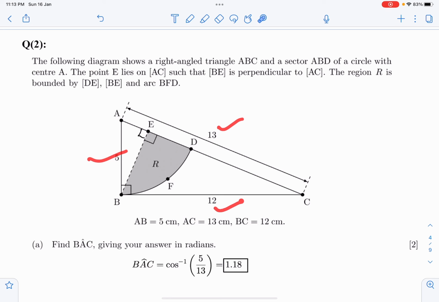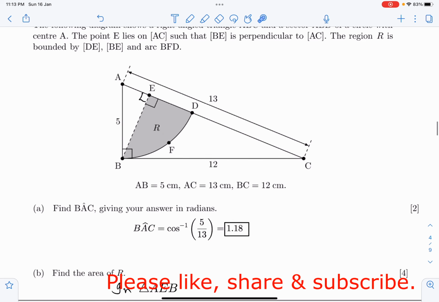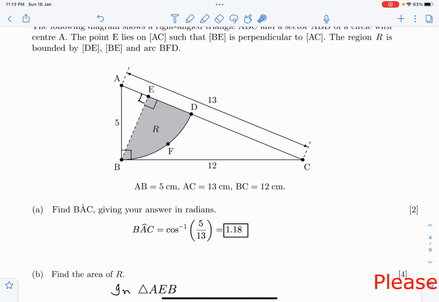So very easily we can find that angle. Now to find that angle, you can use tan inverse, sine inverse, or cos inverse, but I am using cos inverse. Why am I using cos inverse? Because in the next section I also need cos inverse, so that I don't have more complications here.